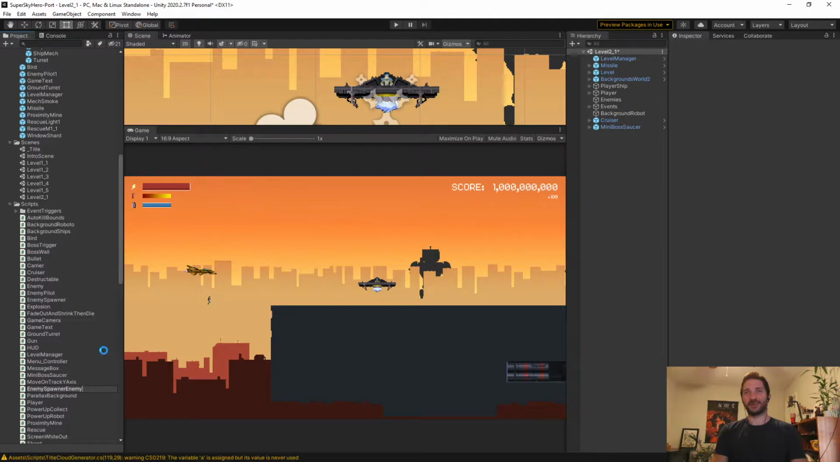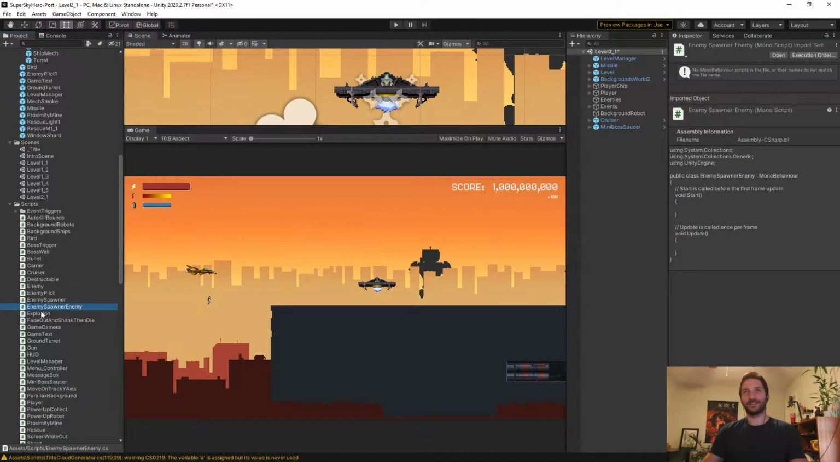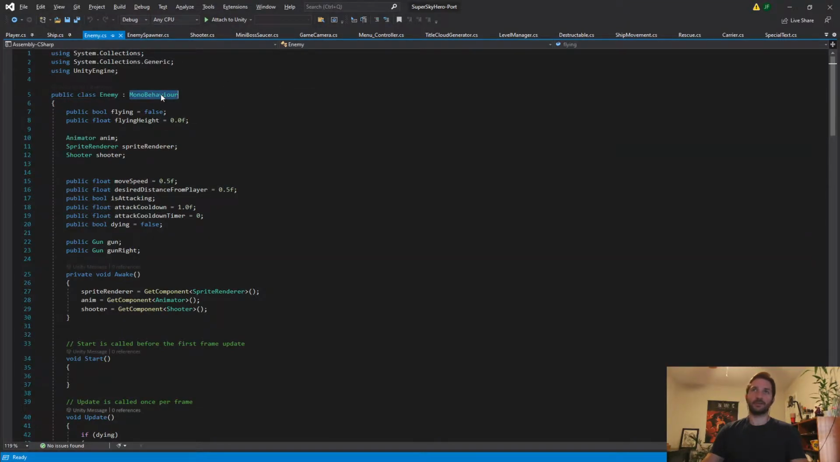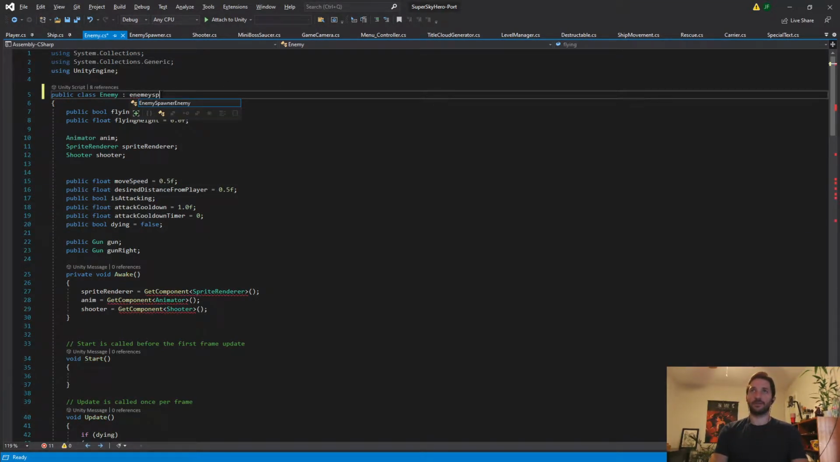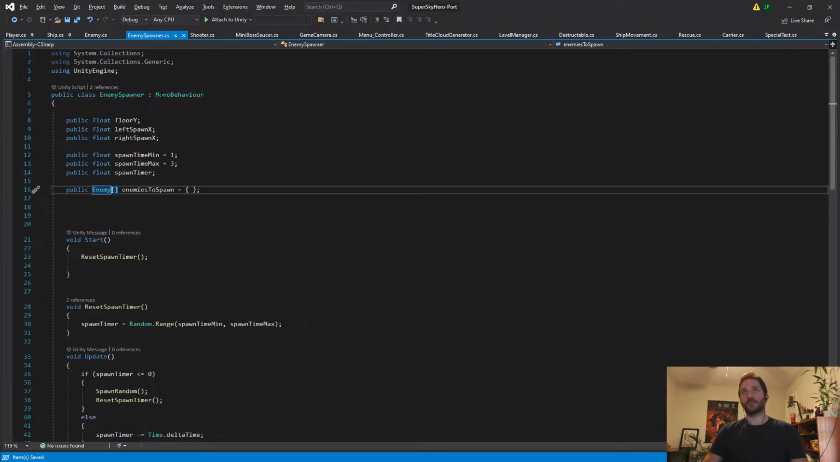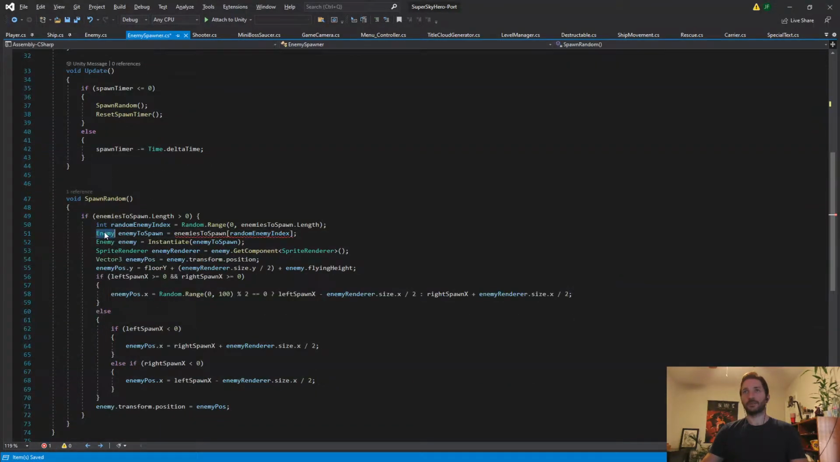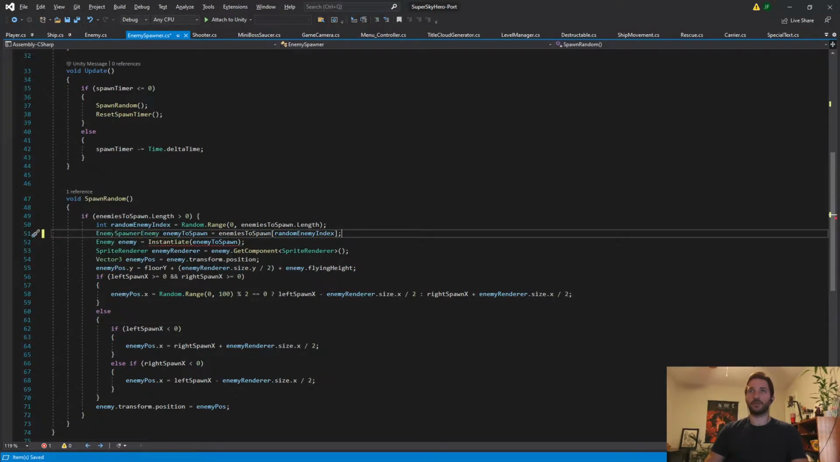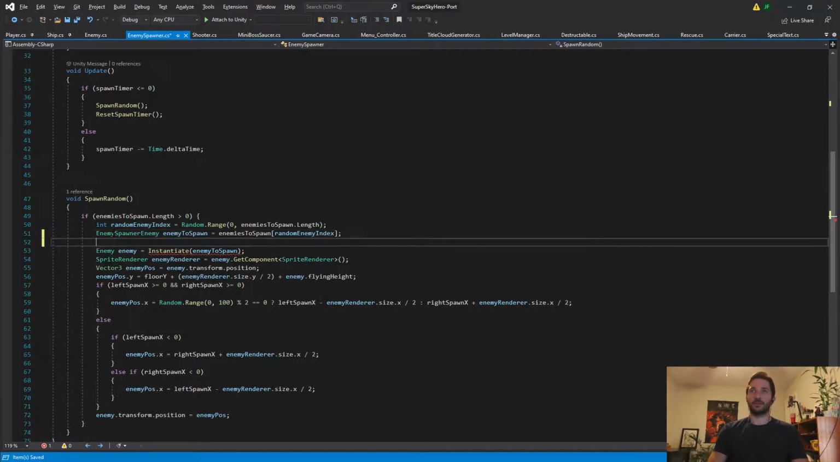Enemy spawner enemy. And then when I go over here, it's going to be of this type. And then enemy spawner is going to be doing this. Okay. And this is enemy spawner enemy. And it's going to say if